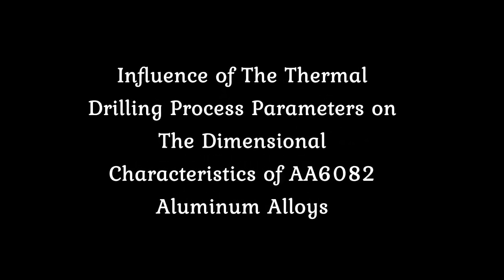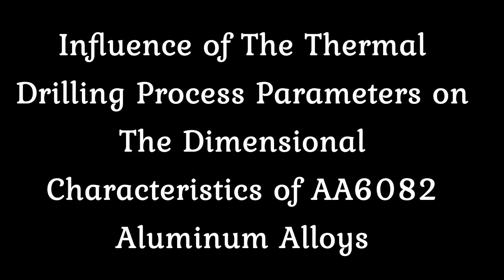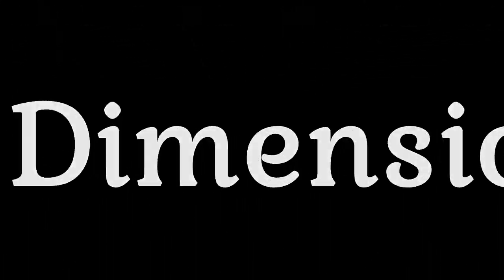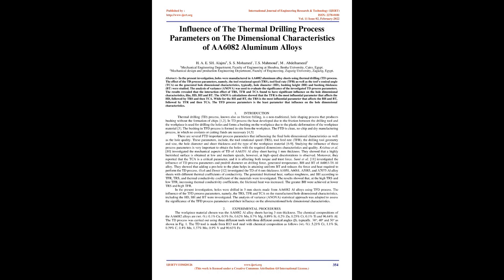Influence of the thermal drilling process parameters on the dimensional characteristics of AA6082 aluminum alloys. Abstract: in the present investigation, holes were manufactured in AA6082 aluminum alloy sheets using the thermal drilling (TD) process. The effect of the TD process parameters, namely, the tool rotational speed, TRS, tool feed rate, TFR, as well as